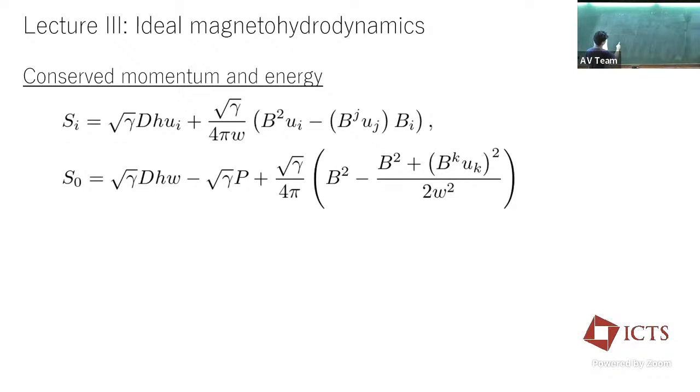And then if you expand this expression, for example, the first term gives you the Lorentz factor, right? Because of the contraction of u^i u_j times gamma_j. And then it's going to be